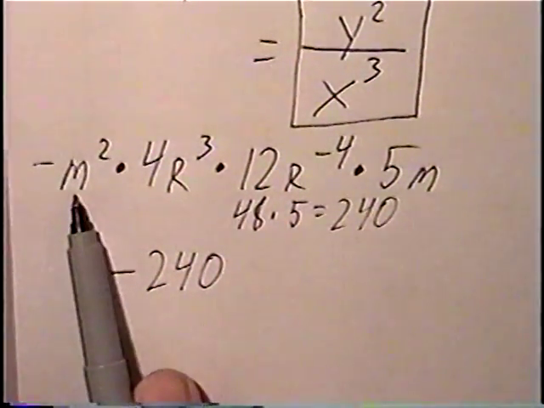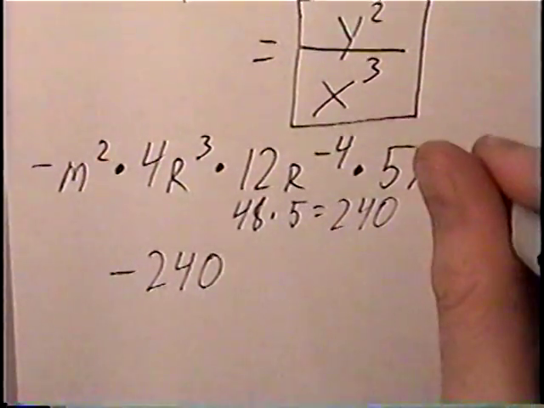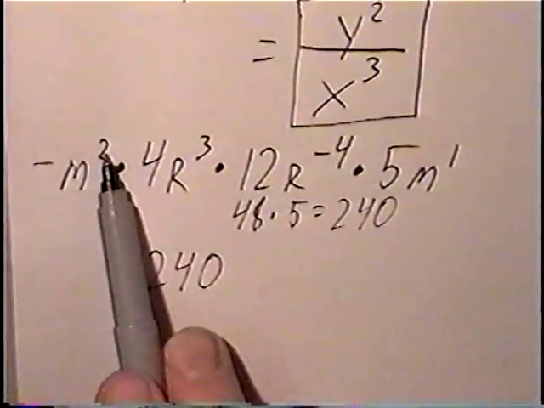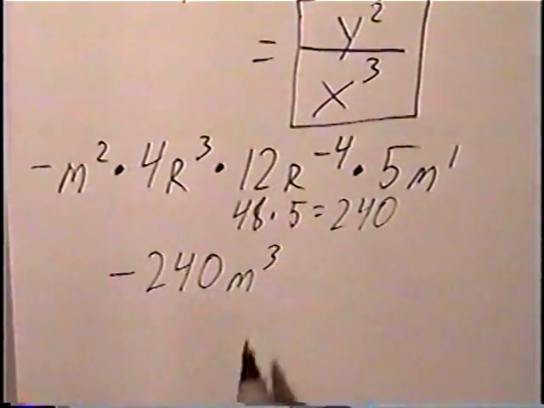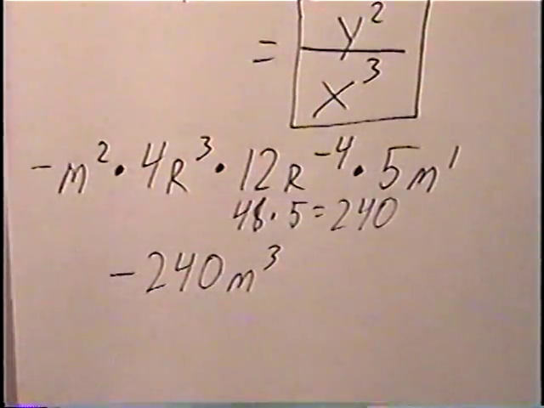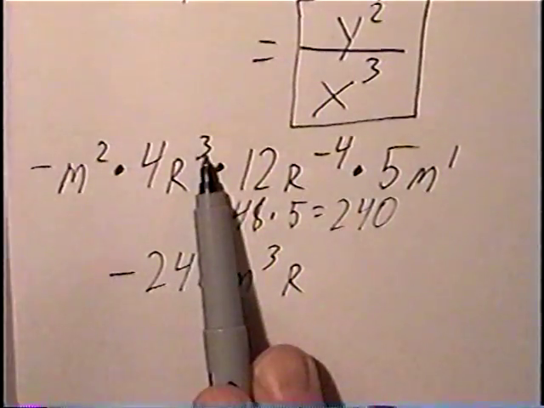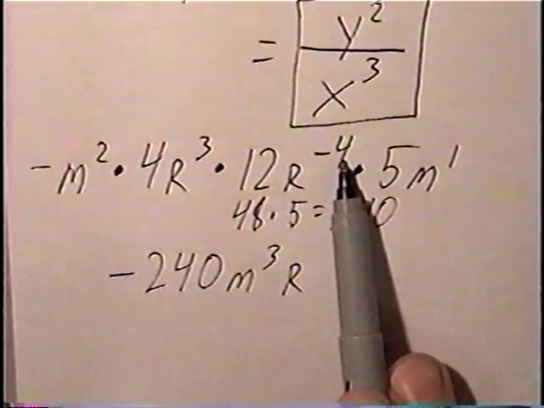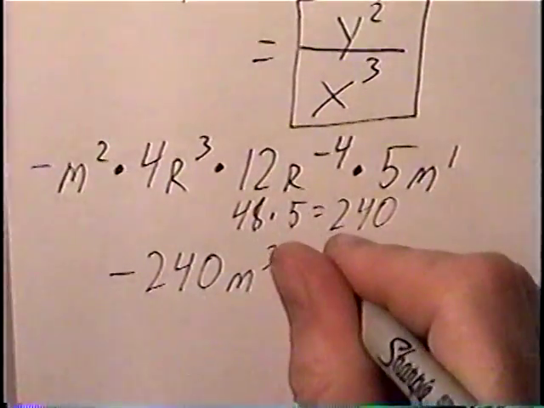From there, we can combine the variables. The m squared we can combine with the m, or m to the 1st power. M squared times m to the 1st. Adding exponents would be m to the 3rd power. And combining the r values, we have r to the 3rd power times r to the negative 4th power. Adding 3 plus a negative 4, that would be